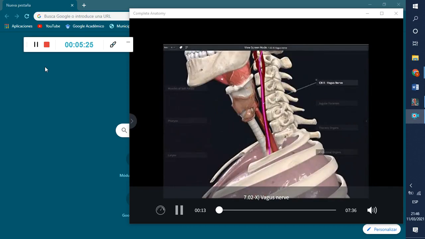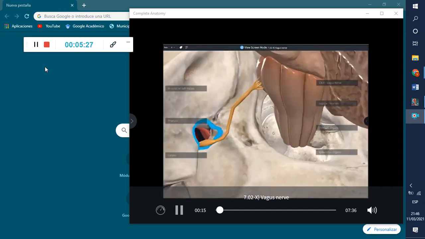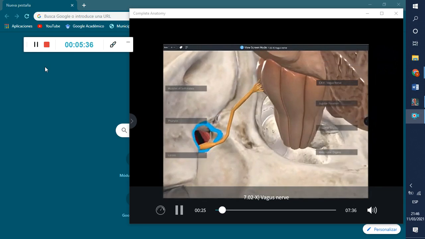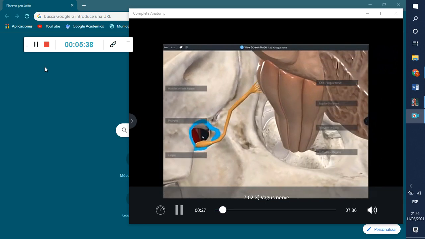Next in line is cranial nerve number 10, the vagus nerve. So it arises by a series of rootlets that come from the lateral aspect of the medulla, and they merge and then leave the cranium also through the jugular foramen, just like cranial nerve 9 beforehand and just like cranial nerve 11 will afterwards. In fact, most usually the vagus nerve will actually leave positioned between cranial nerve 9 and 11. So what was formerly called the cranial root of the accessory nerve is now actually part of the vagus